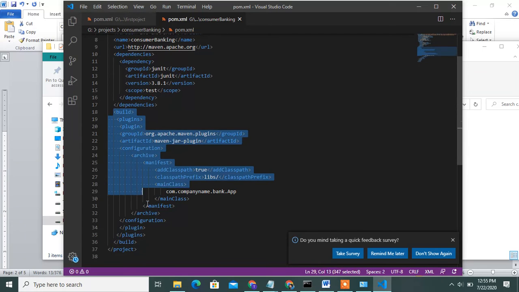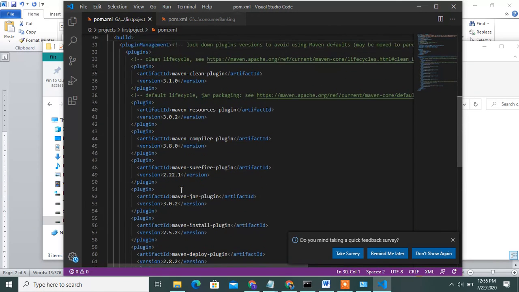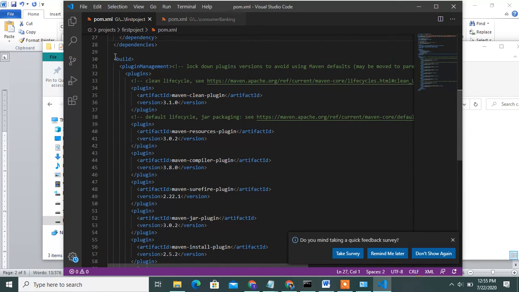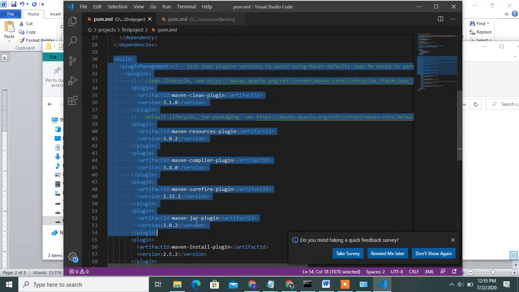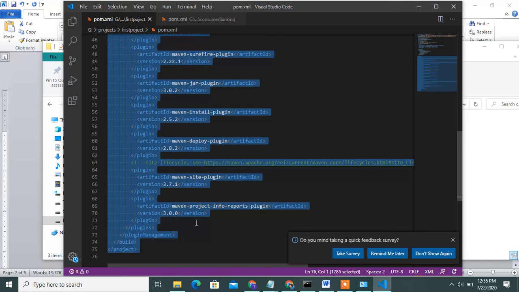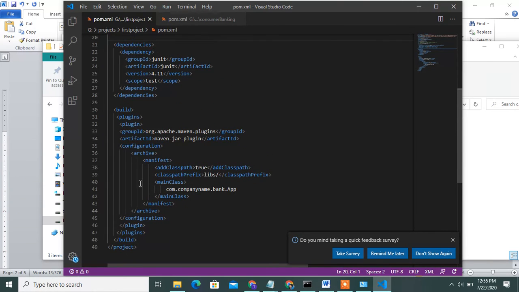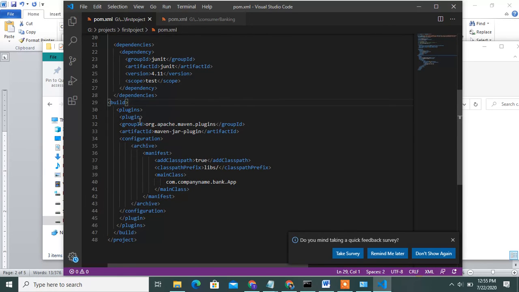Okay, see, I will add this after dependencies, like add it in, and build and plugins also. Okay, then you can save it.